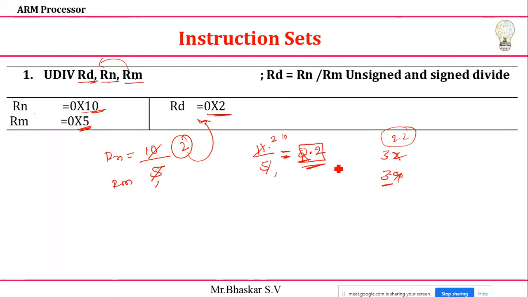To display this, we are going to use the next program, which is floating point. How we are going to use floating points and how to display them, for that I'm going to use a Cortex-M4 processor. There I'll explain. But remember, after division I'll get this quotient as a whole number only. It will not get the fraction parts. For example, you have 120 divided by 4. I'll get 30.